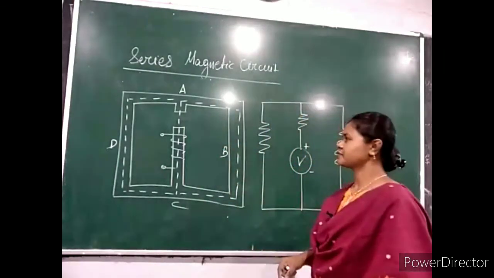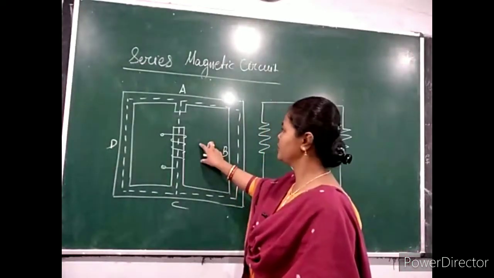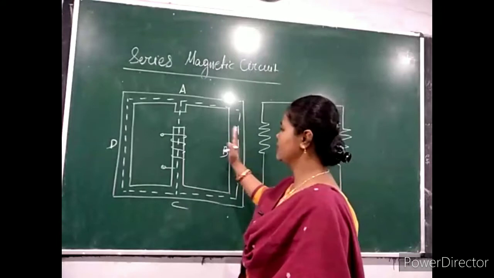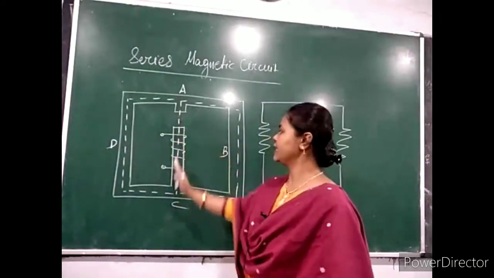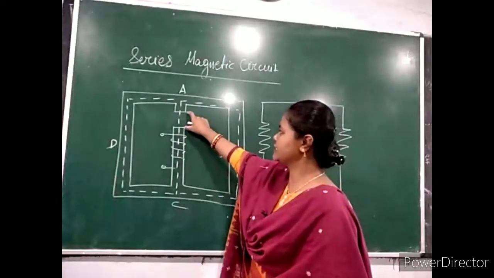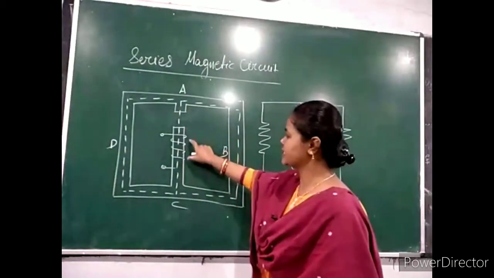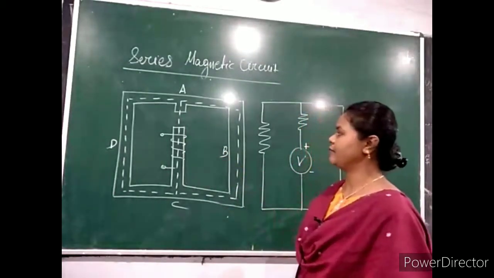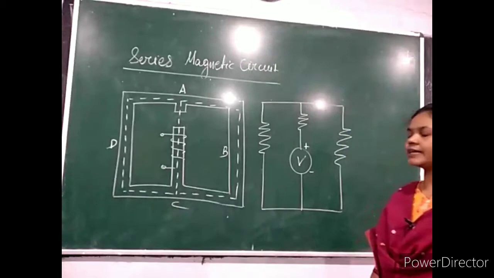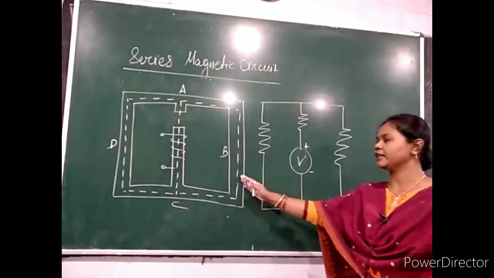This magnetic circuit consists of two parallel paths, this one and this one, but in the central limb there is an air gap. This means the MMF of the air gap plus the MMF of this central limb is the total MMF of this central path AC. So how do you calculate the total reluctance for this path?